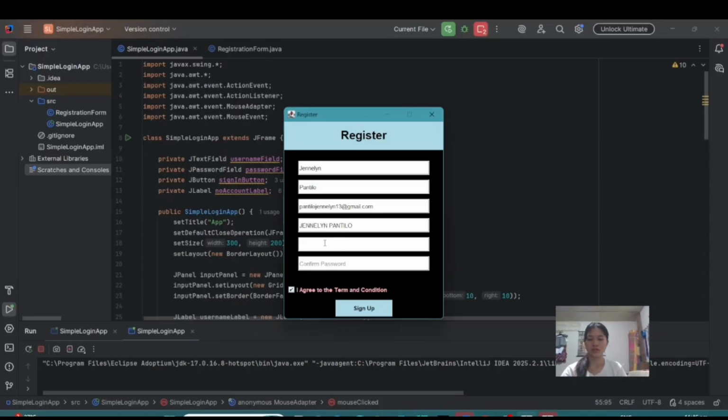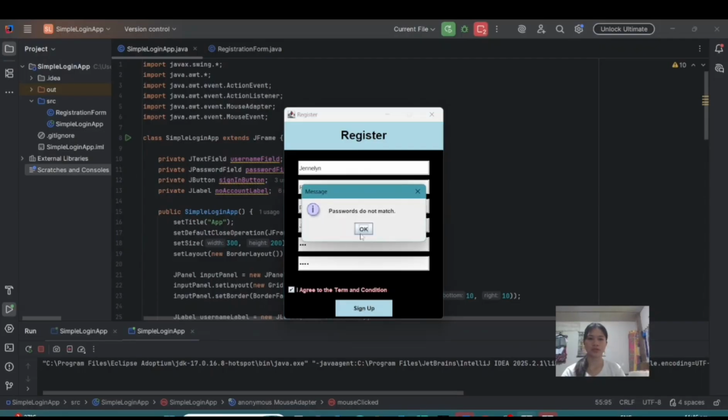If the password and confirm password do not match, it will show an error. The password do not match.